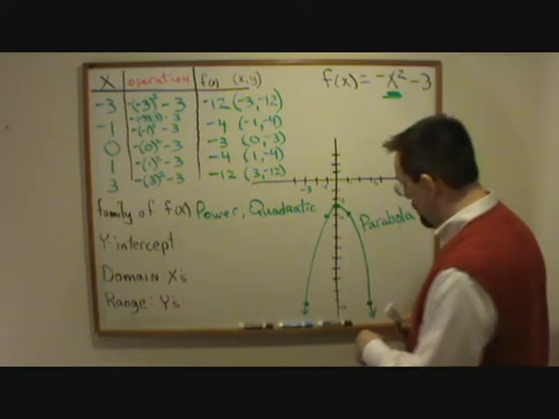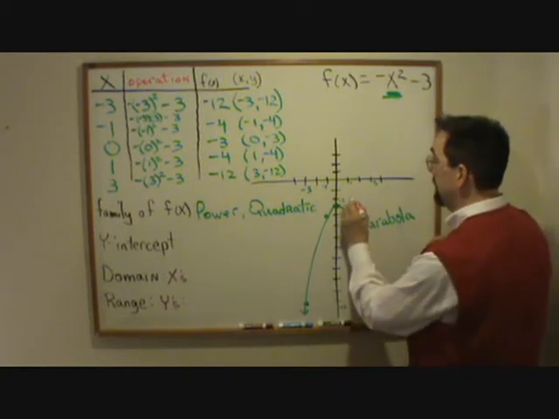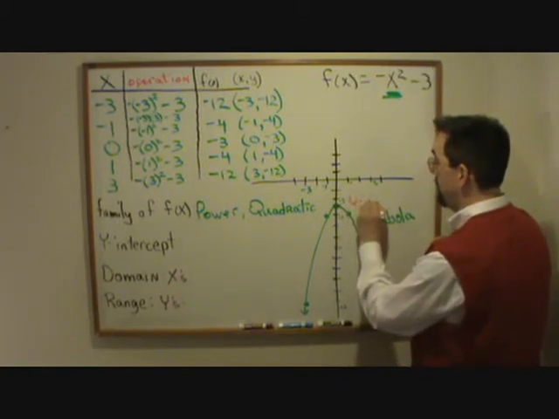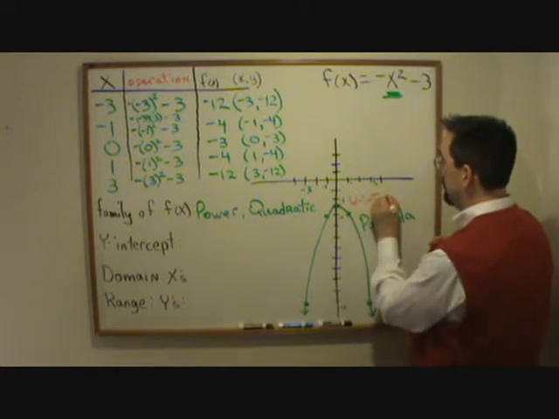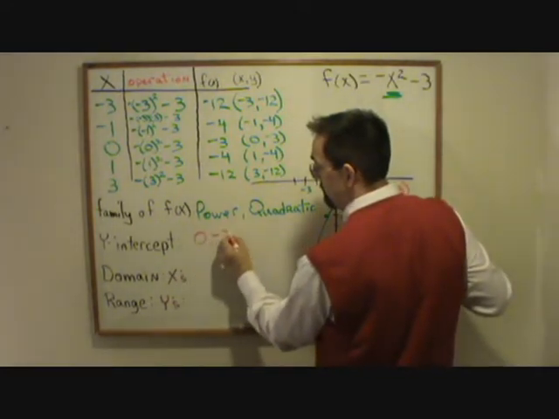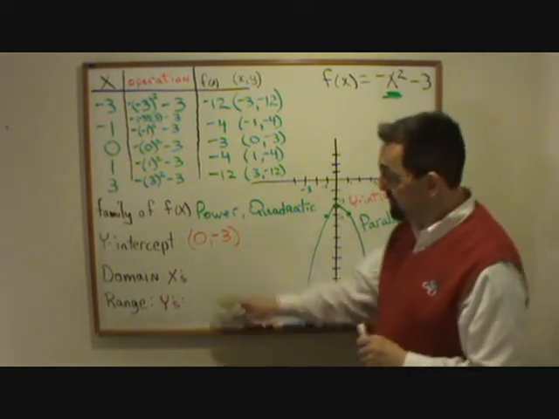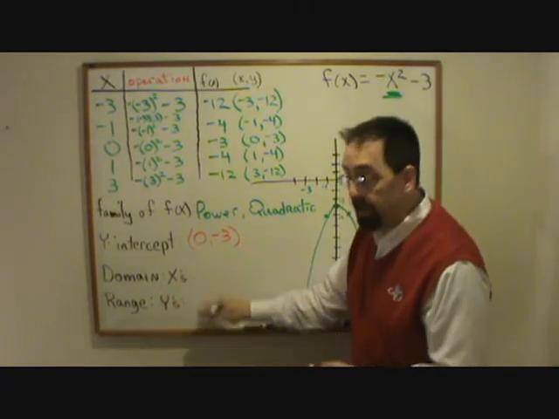Y-intercept. I want to make sure that we're in the habit of always labeling our y-intercept. That'll come in handy. Y-intercept, in this case, was (0, -3). So (0, -3). Okay, now I think we're in a position where we can actually answer domain and range